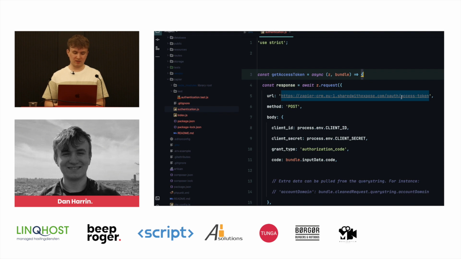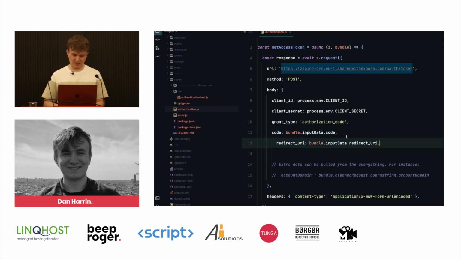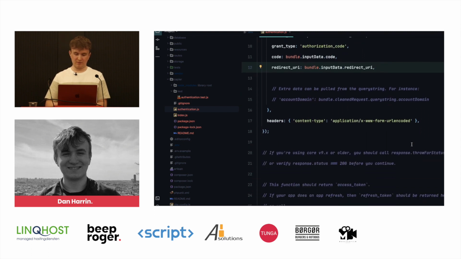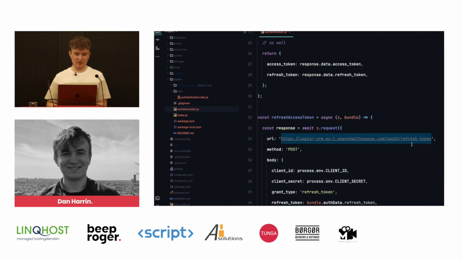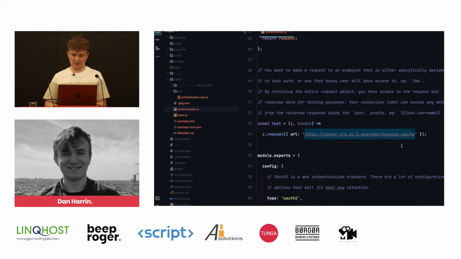And we also want to pass in the redirect URI, so Passport knows where to redirect back to when it's finished the authentication process. The next thing we have is the test here. So I actually have an API route set up to test with, but it's in the API/me instead of just /me, so let's correct that.